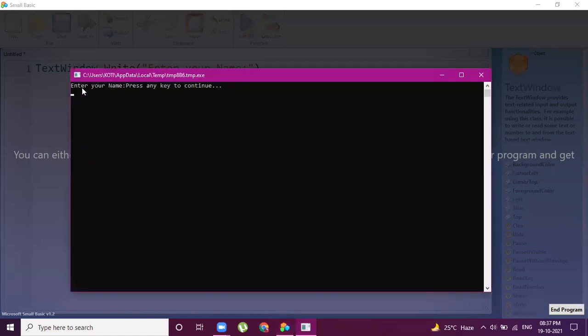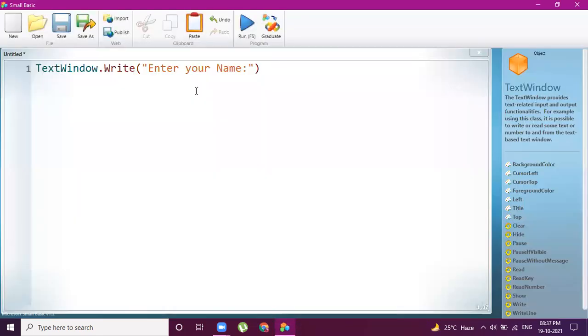Now you can see on the output screen: enter your name, press any key to continue. If we press the enter key or any key, we will come out of this screen. We are not able to enter our name because we have not given input code to enter our name.